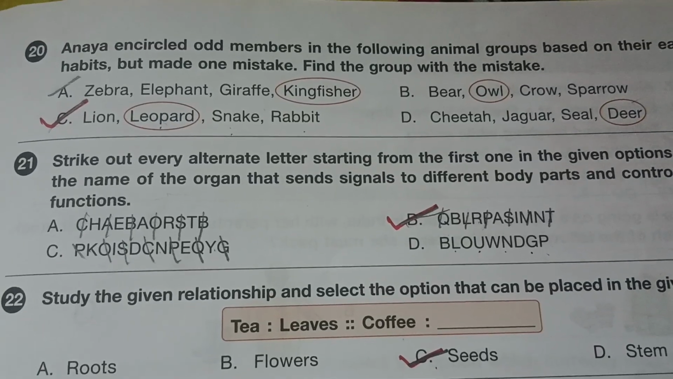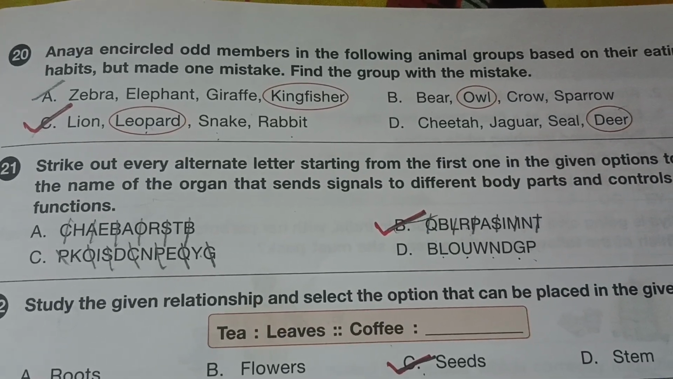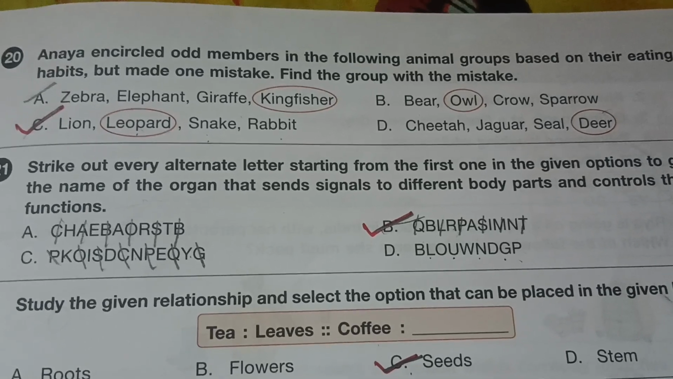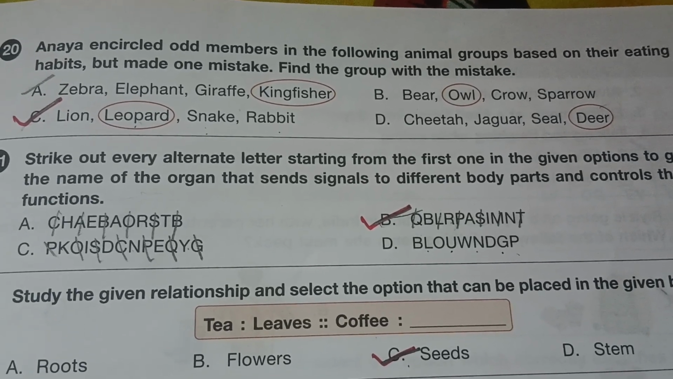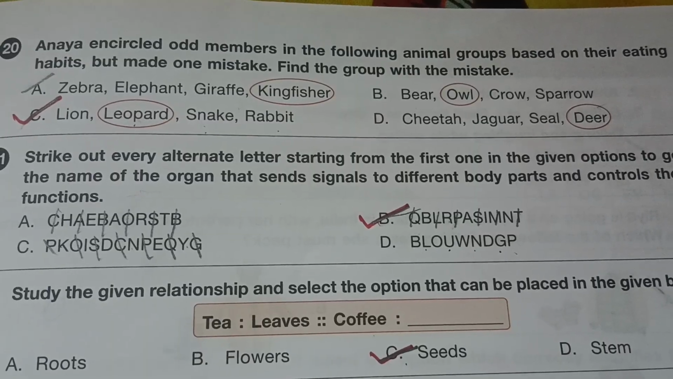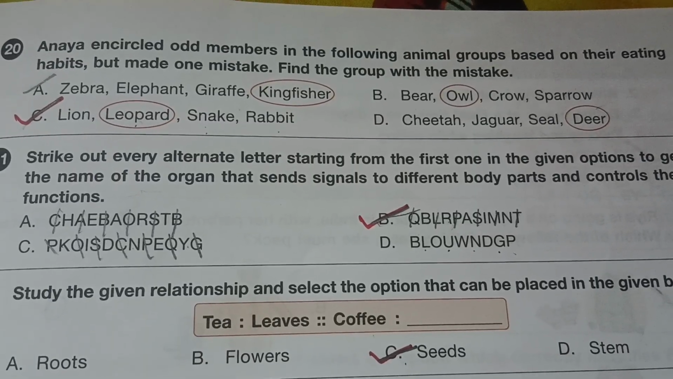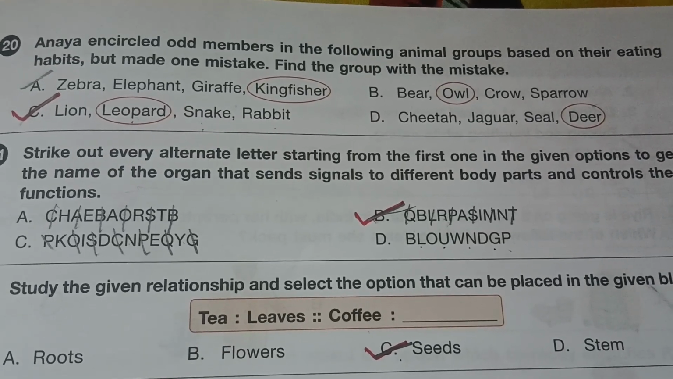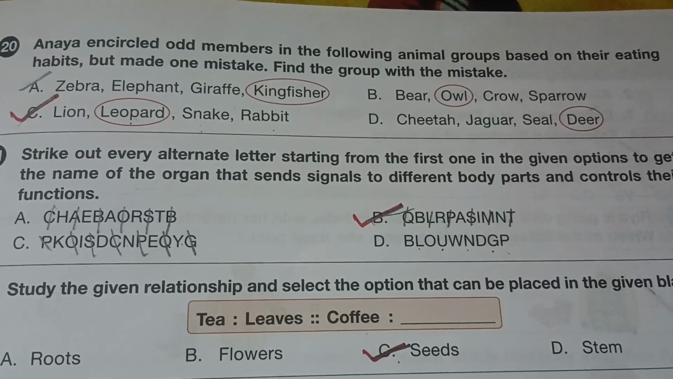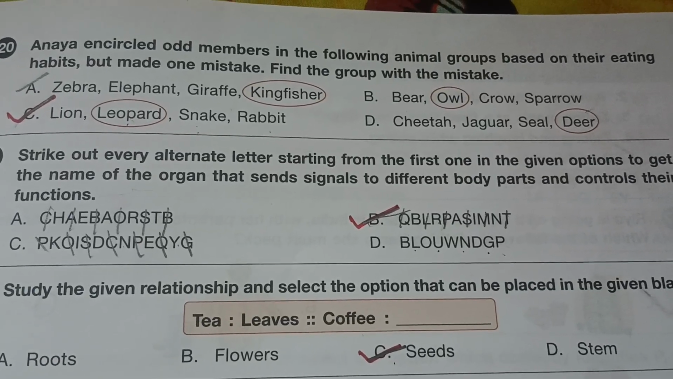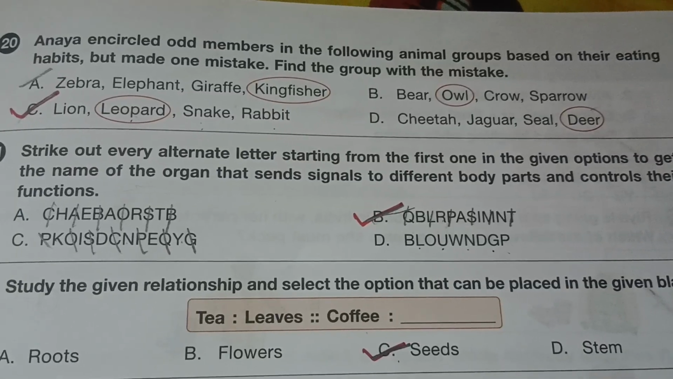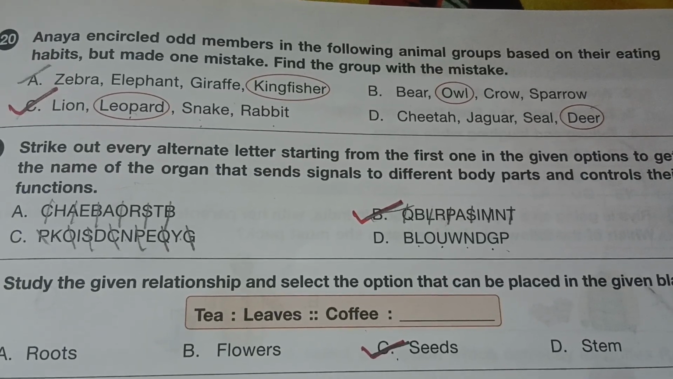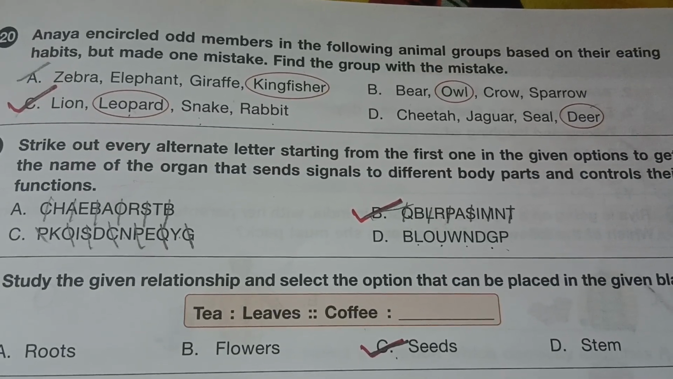Question number 20. Anaya encircled all members in the following animal groups based on their eating habits, but made one mistake. Find the group with the mistake. Zebra, elephant, giraffe, kingfisher. It's correct because all others are herbivores. Bear, owl, crow, and sparrow. Yes, because owl is a carnivore, while the others are omnivores. Lion, leopard, snake, rabbit. This is wrong because here rabbit should not be circled, because rabbit is a herbivore and the others